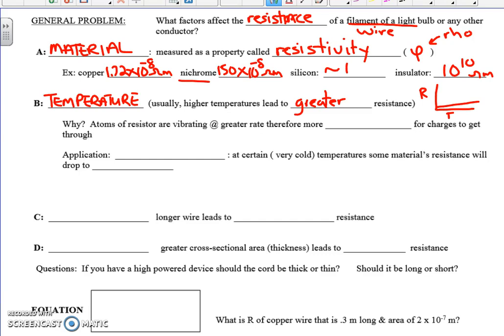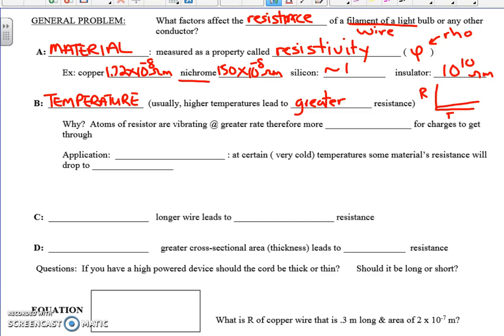And if I heat it up, like by running a current through it, when that filament gets 1,000 degrees or so, its resistance goes up quite a bit. So a lot of materials follow this rule that large changes in temperature will give you small changes in resistance. Now you might ask, why would that be from a